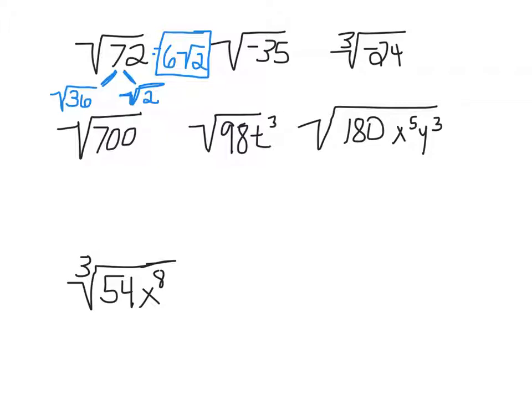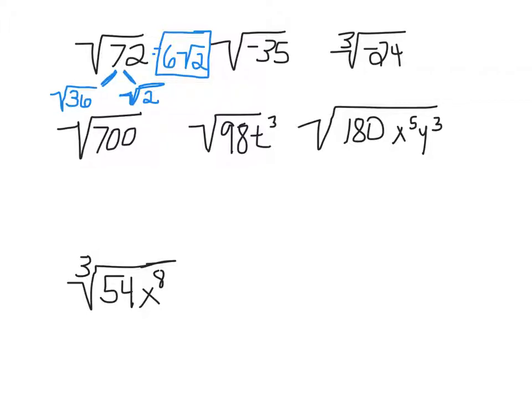Now, let's look at the square root of negative 35. Well, I have an even index, 2. There's no index there, so we assume it's 2. And I have a negative number. Remember, that can't happen. You cannot have a negative